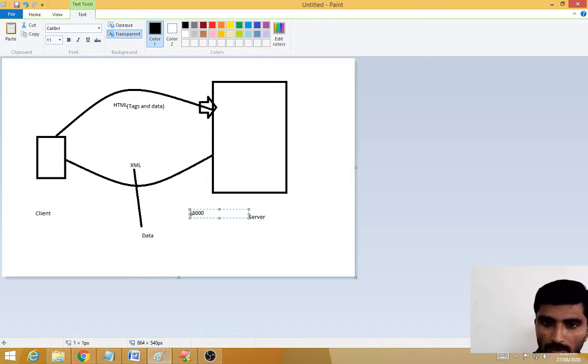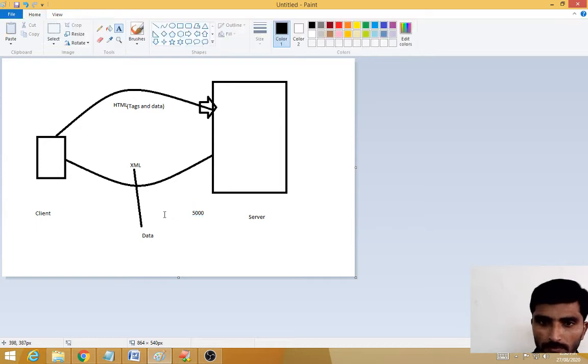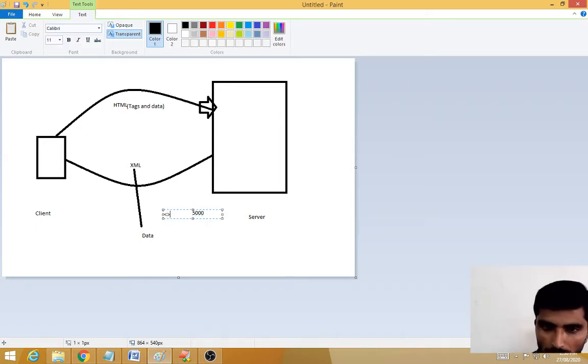Here what we are writing is salary, then we close it with salary like this.